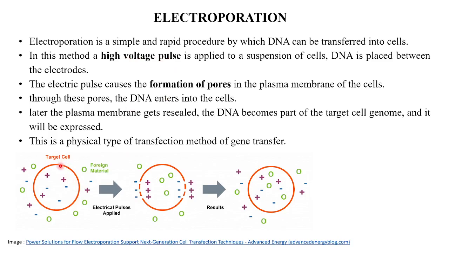So here you can see this is a target cell and this is the intact plasma membrane, and these are the genes of our interest which we want to enter into this cell. So now an electric pulse is applied. When the electric pulse is applied, you can see the polarization here. So all the positive charges and all the negative charges accumulate here, and that results in the formation of pores. So now the temporary pores are created through which the DNA of our interest, the DNA molecules or genes, will